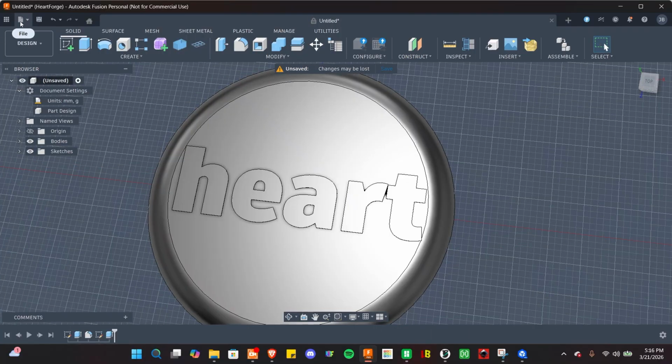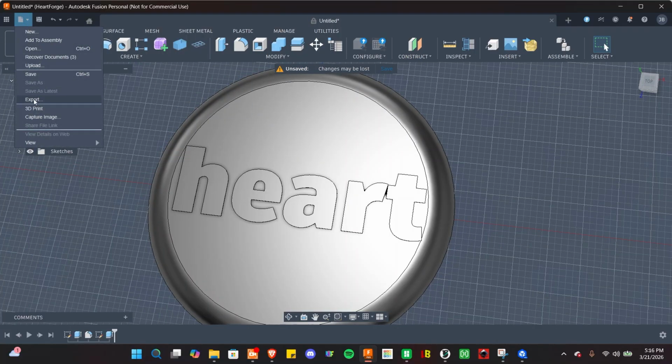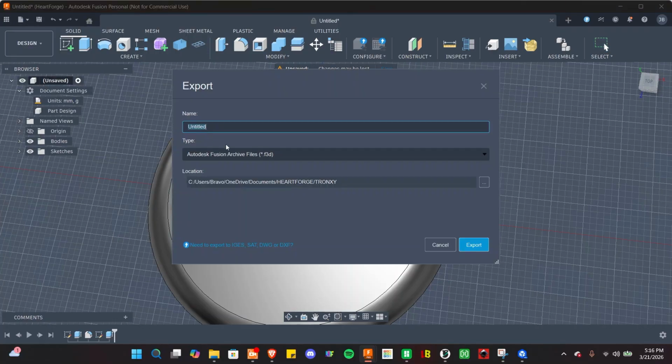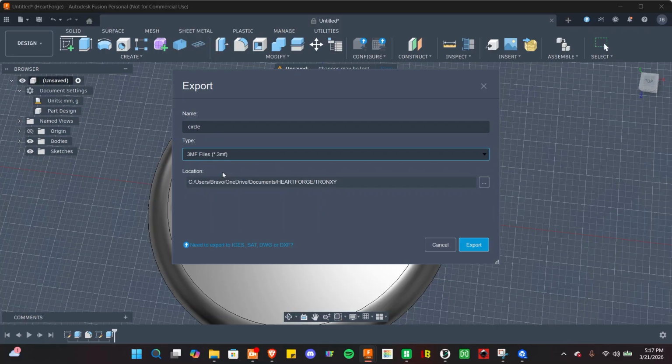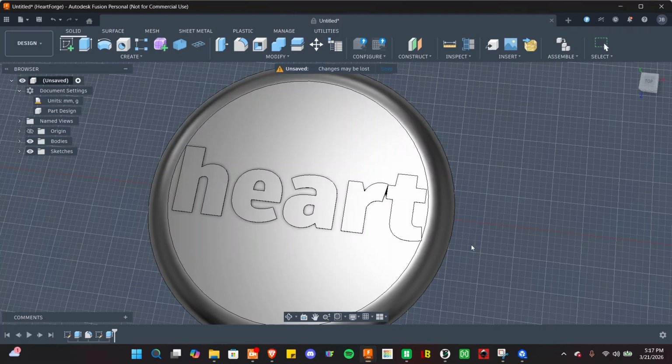So now what you can do, go to File, Export, type it, whatever. Just do circle. Right here is your F3D if you want to save the project as a Fusion. So you want to save it to your computer, you can go back in and open it and edit it even more. But if you want to save it to print it, you can do a 3MF, and it's going to go in the Troxic folder. That's fine. So export,